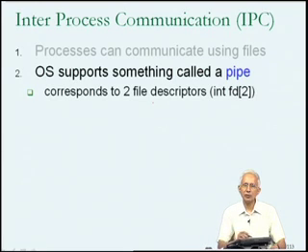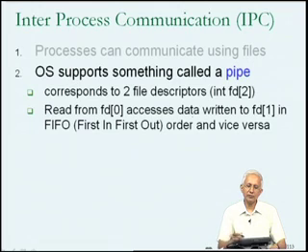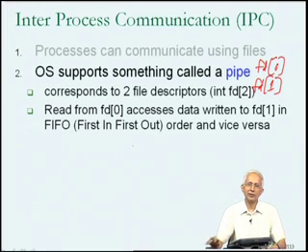Therefore, this mechanism will not involve the overheads of the hard disks, but will provide the same kind of facility for a parent to write into a file descriptor. Subsequently, the child can read from that file descriptor. Similarly, the child could use the second file descriptor to write, and the parent would read from that to communicate values one way and the other, without a hard disk being involved. Right? So the general idea is there are two file descriptors which would be declared something like int fd[2]. So the two file descriptors would be fd[0] and fd[1] as far as a pipe is concerned, and one could be used for reading and writing between the parent and the child, along the lines of what we had seen for doing with the file.